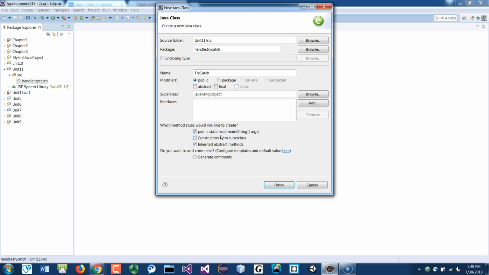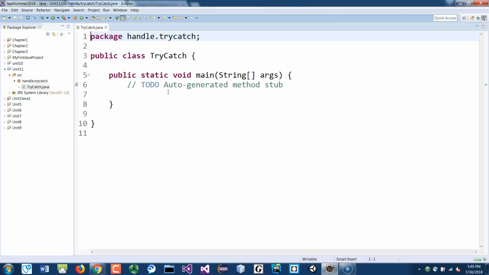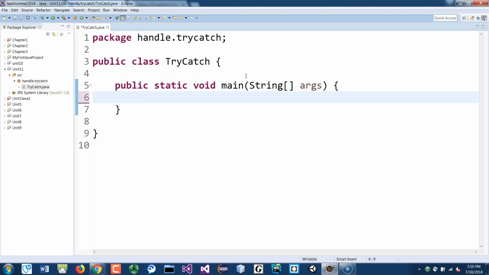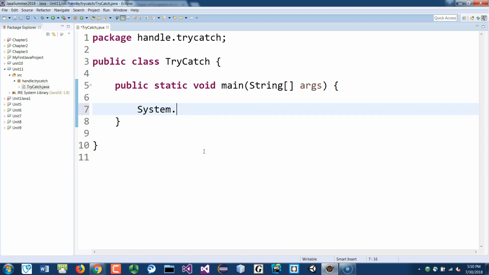It's going to have a public static void main. Okay, our typical program here. Okay, so I'm going to do something here really quick. I'm going to go system dot